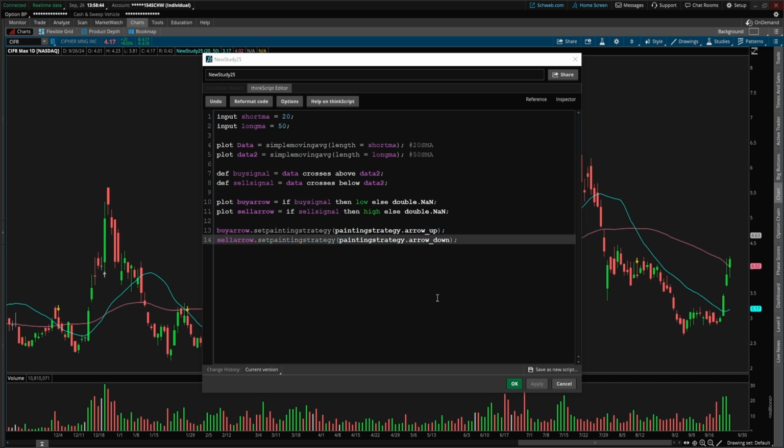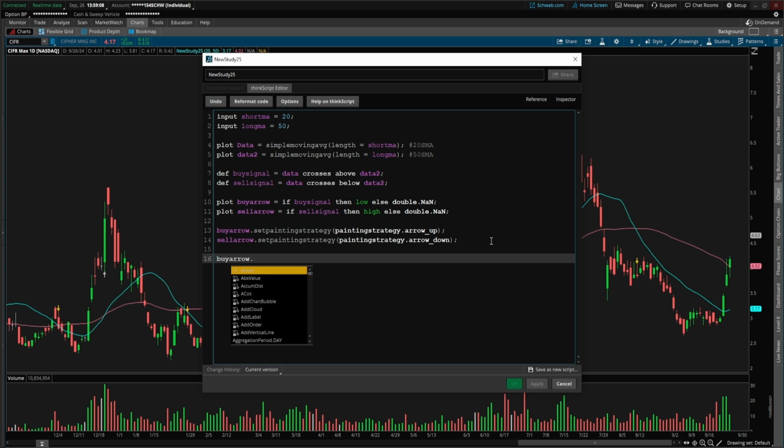Let me give you one more example while we're working in this code to really hammer this point home of an action function. We kind of can't see these arrows. They're very small, right? Don't worry, ThinkorSwim has an action function to fix that. Once again, it needs to be referenced to the plot that we are looking to change. So if I'm going to reference the buy arrow using dot notation so that the action function I'm about to call knows which plot it should be changing, I'm going to call in the function